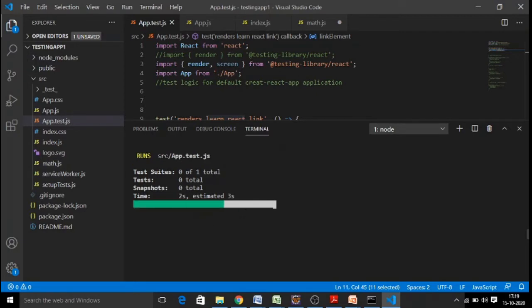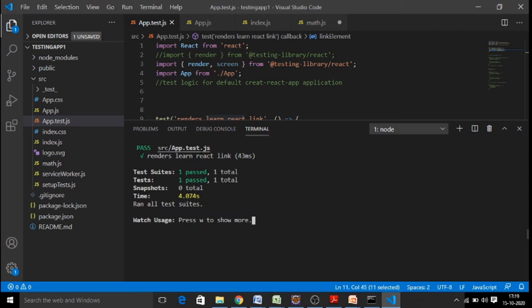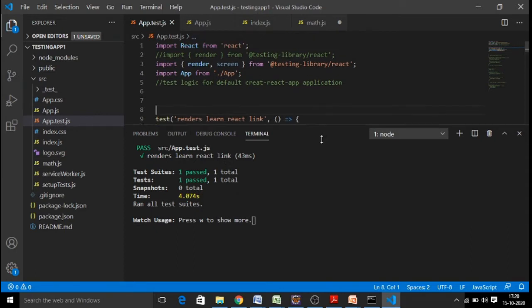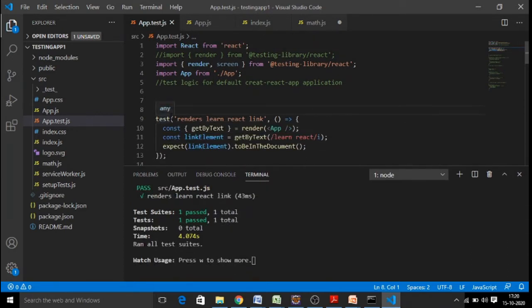Whenever we trigger, it first looks into your app.test.js. So only this file. Now there is one single test case written here, means there is one test method, test function. It is going to be tested and it has passed as per the expectation. It is passed and it shows the time taken for your test case. Let us say I am expecting some different content, but that content is not available in your application. Like let us change my